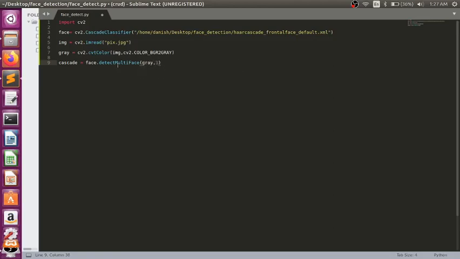I'm giving the values 1.1 comma 4. Then, for x, y, w and h, the coordinates in cascade,